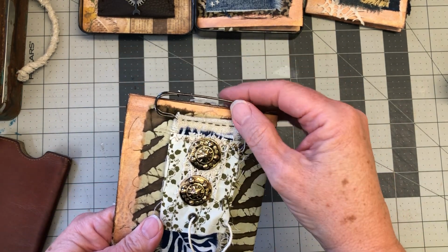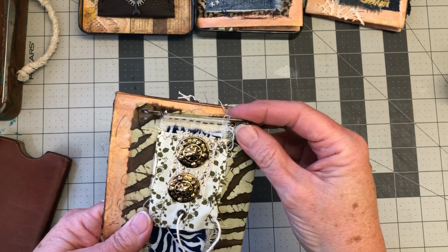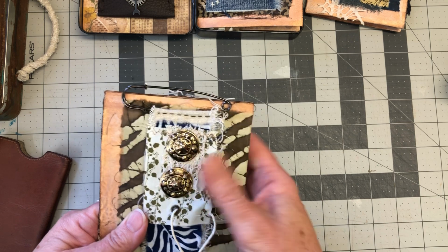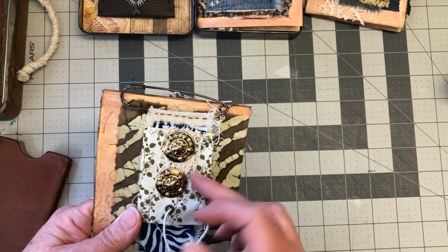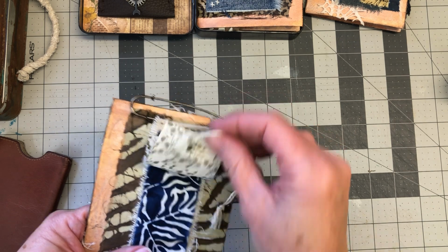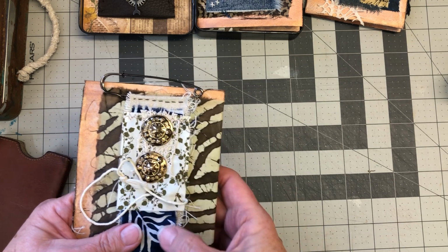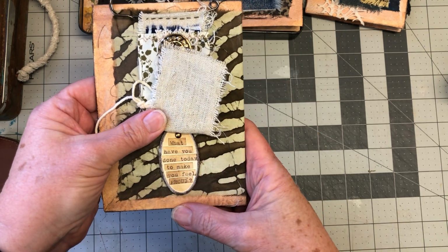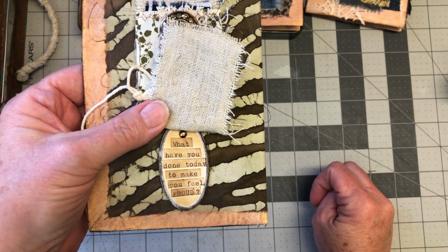A nice, is it a kilt pin or a knitting pin of some kind? I've had that forever too, and these are just, I don't think they're buttons, they were just a little embellishment to put on that. They're just glued in place with some lace underneath there. On another clothing label there, a little clothing pin, and underneath there's a little tag with some typing on it. I typed it out and cut it up and fit it in there somehow, which is just,